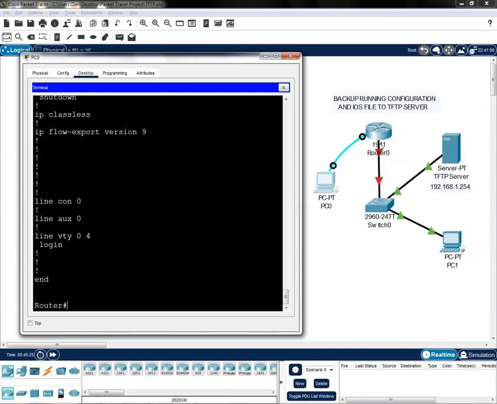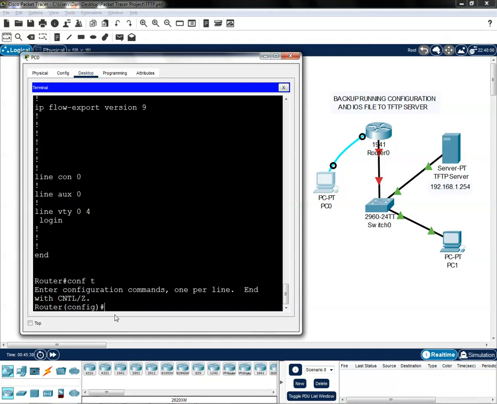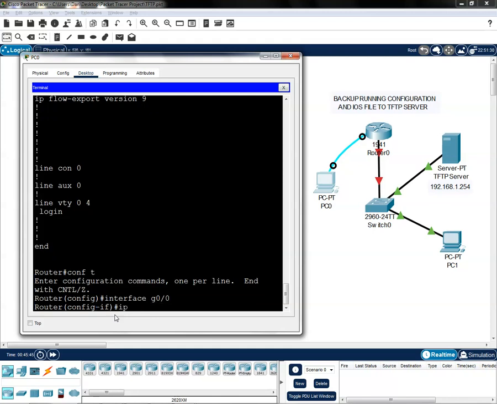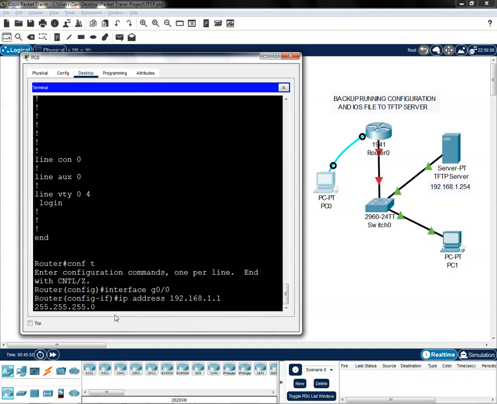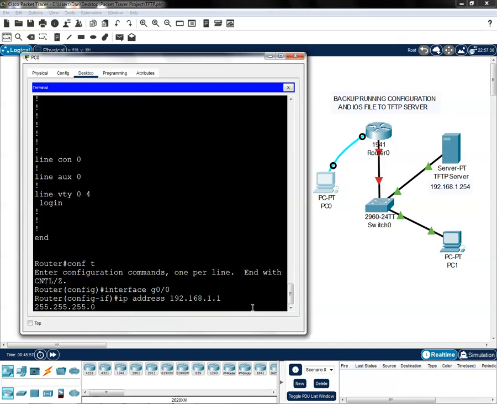So we need to assign again an IP address to this router so that they can have a connection from TFTP to router. So let's do that. I'll type here conf t to go to the global config mode, and I'll go to the interface of the router, which is gigabit 0/0, and I'll give it an IP address which is 192.168.1.1 space subnet mask 255.255.255.0. Okay, I'll hit enter,